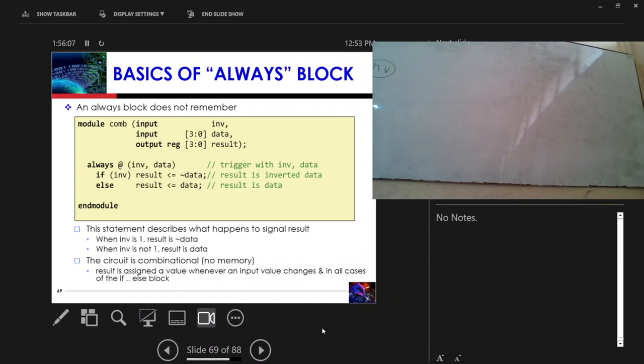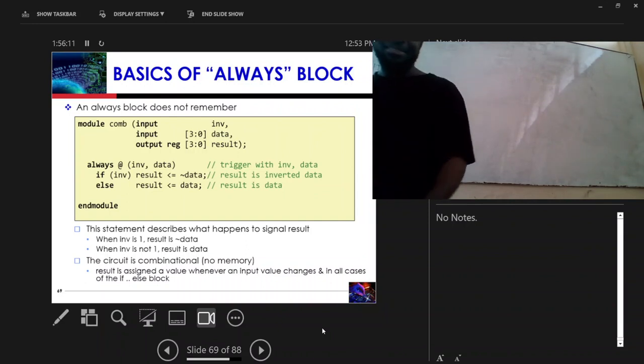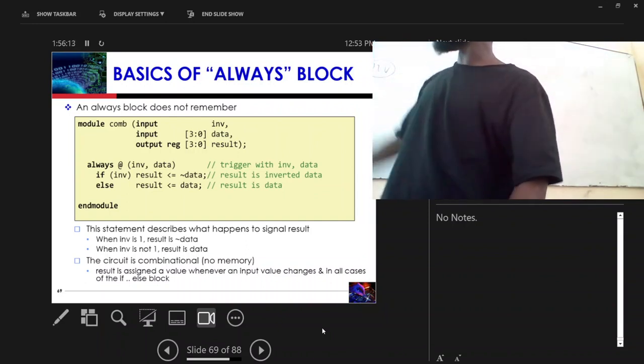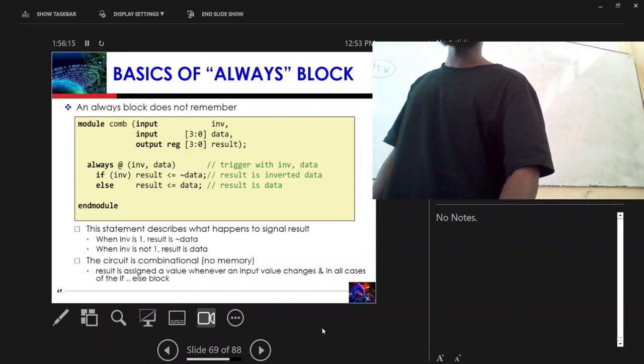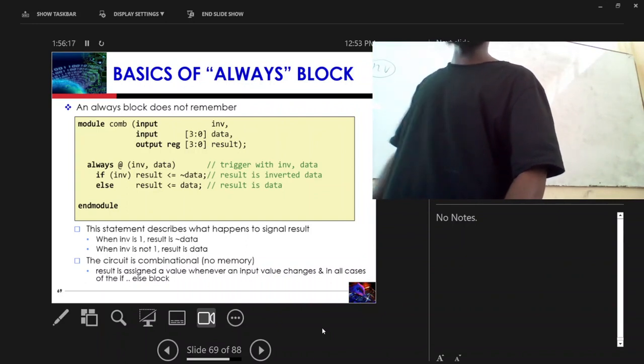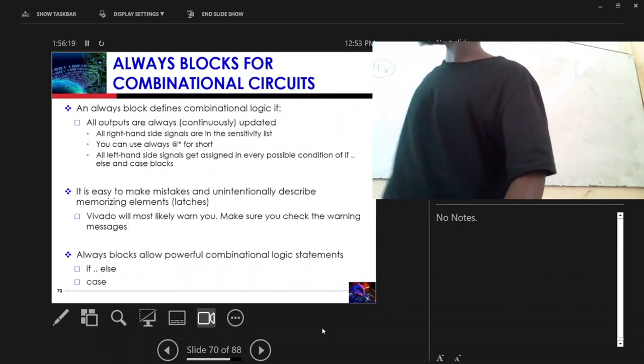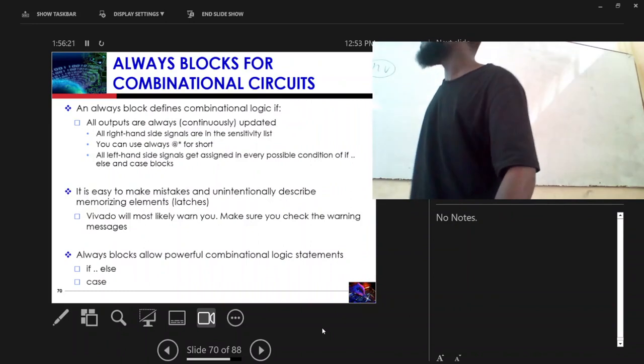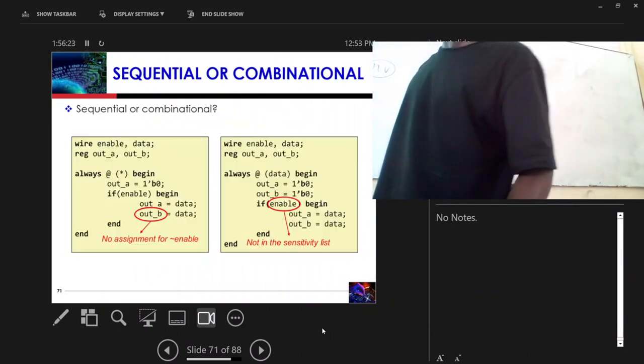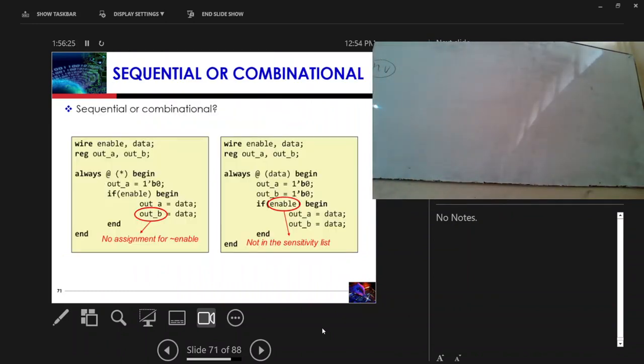Understood? Yes. So this case is combinational logic, not sequential logic. There's no memory inside here. It doesn't remember. This is very technical, just a little bit, but if you think about it, you will understand. So for 5 marks,